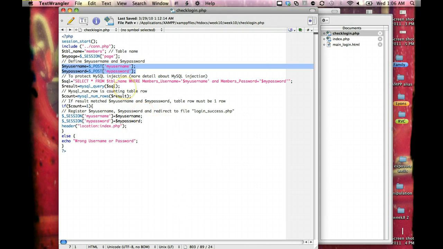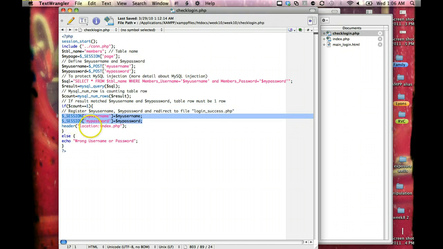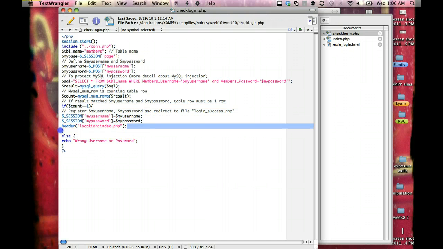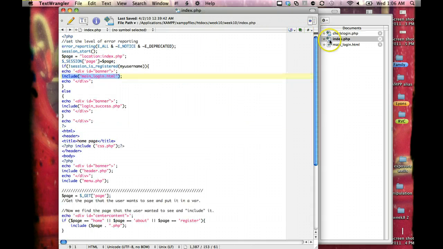And if it's successful, if it has a count equal to 1, meaning there's a record for that, it's going to declare a couple session variables here, one for username, password, then do a header redirect back to the index page. Once it goes back to the index page, it's going to reload this again. This time, my username will be registered, then it's going to redirect to login success.php on the top